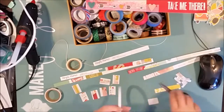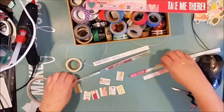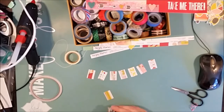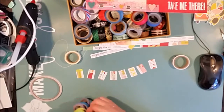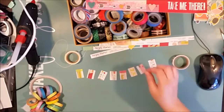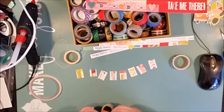I really appreciate that the companies make these beautiful branding strips that you can use as embellishments, and I think that they can develop the concept even more in the future, and perhaps add labels and tags in the branding strips that you can use, and that would be really fun, especially labels. I think it would be the perfect size for labels to tuck in your layering and under pieces in your